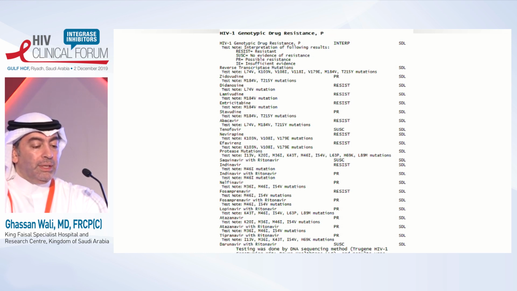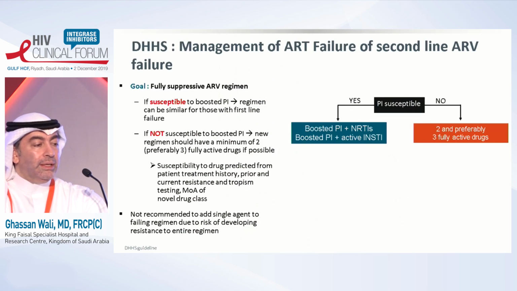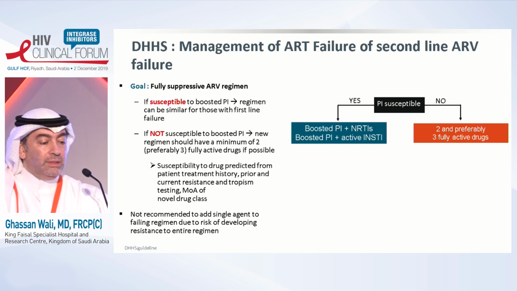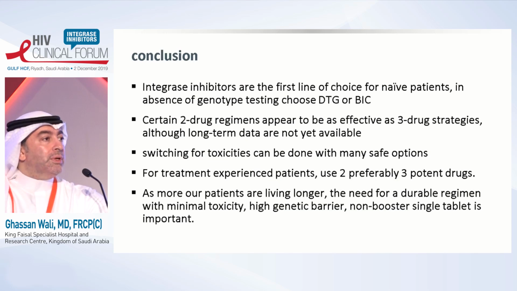developed multiple PI mutations. So it's important when you consider a regimen for this patient to go back and refer to the guidelines. And in his case, he had decreased PI susceptibility, except darunavir, for example. So in this case, you have to construct a regimen where you have 2, preferably 3 fully active drugs. And it's recommended that one of these drugs is from a novel class with a new mechanism of action. So having this in mind, we put him on dolutegravir, boosted darunavir, and Truvada, or TDF FTC, and his